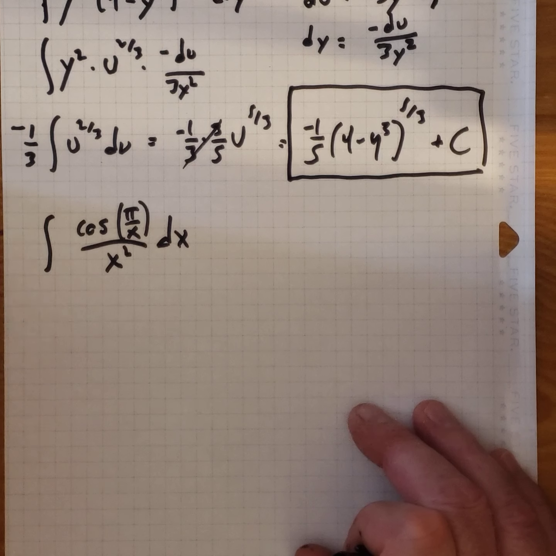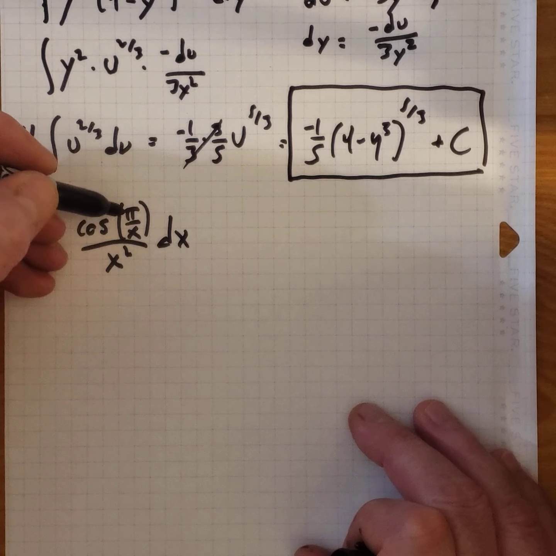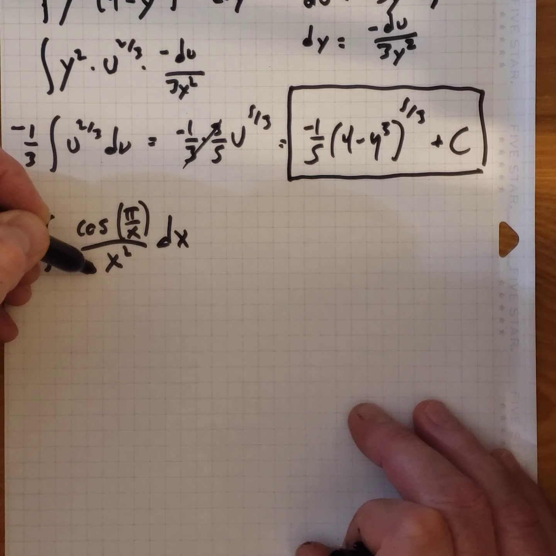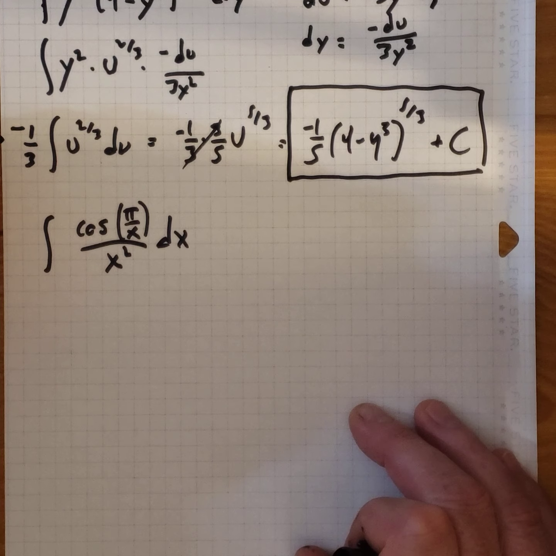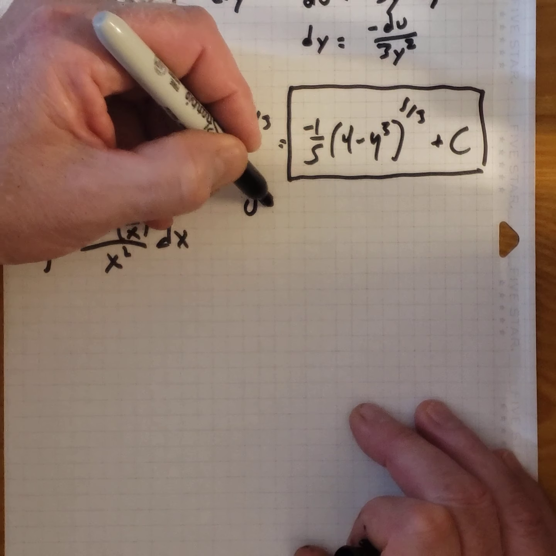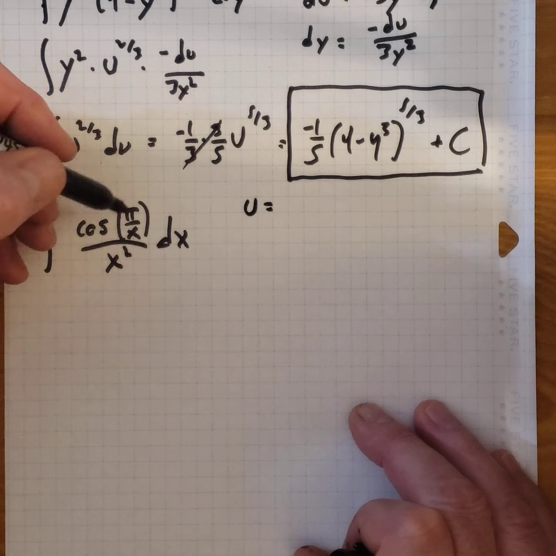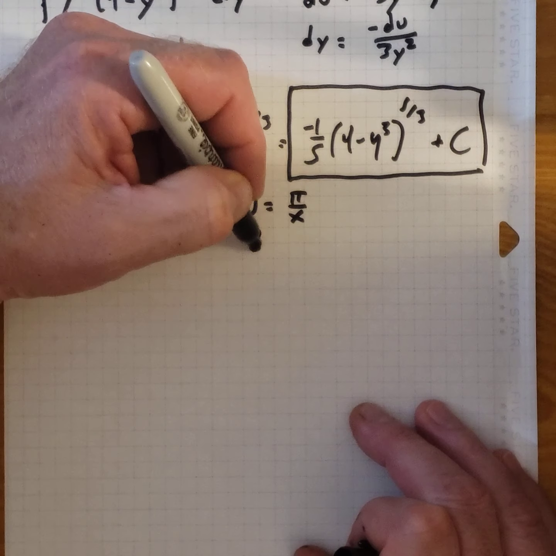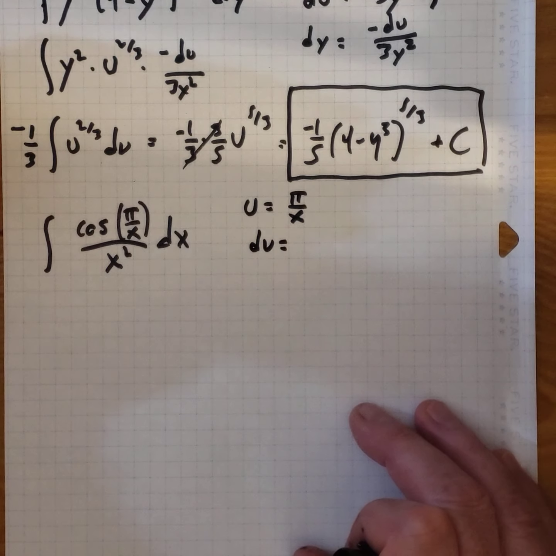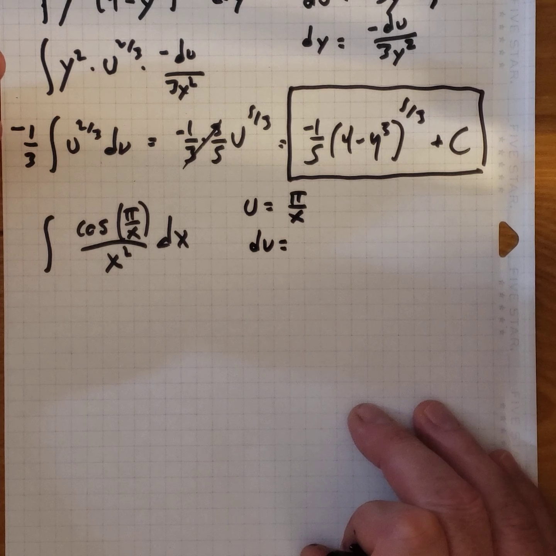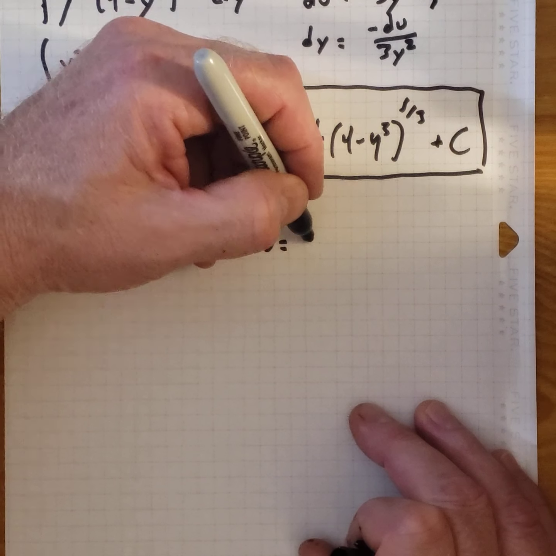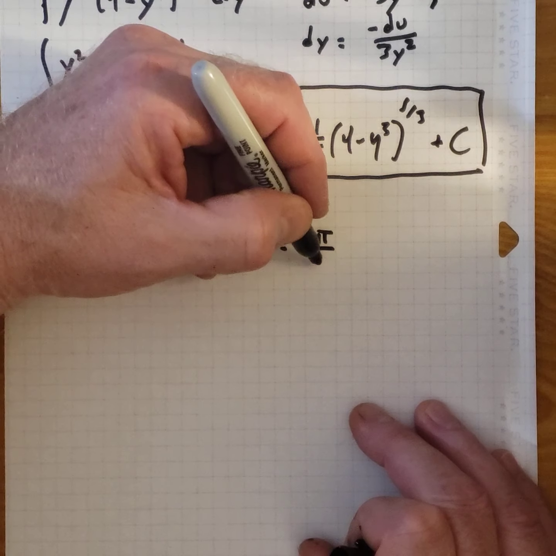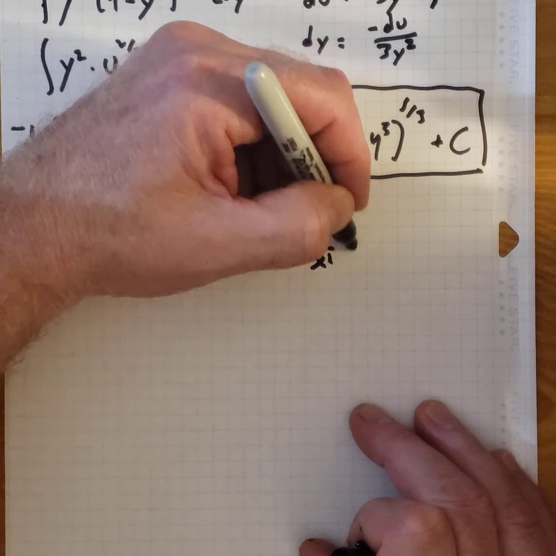This one's cute. Integral of cosine of pi over x, all divided by x squared, dx. Natural choice for u is what's inside, which is just pi over x. We do the derivative of 1 over x. That's one of our memorized ones. That's negative 1 over x squared. So the pi doesn't change anything. It's still going to be negative pi over x squared dx,